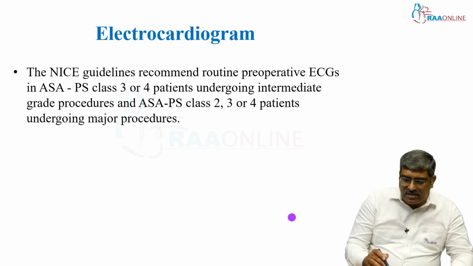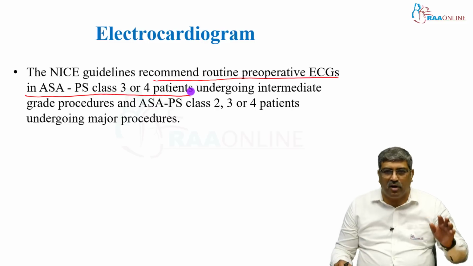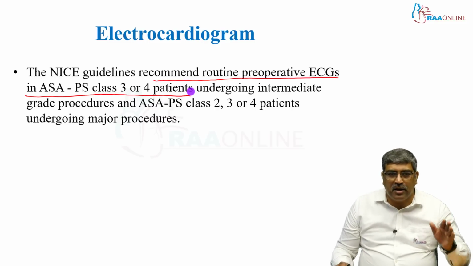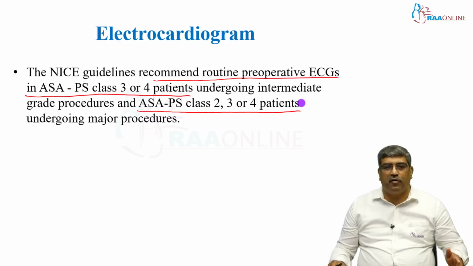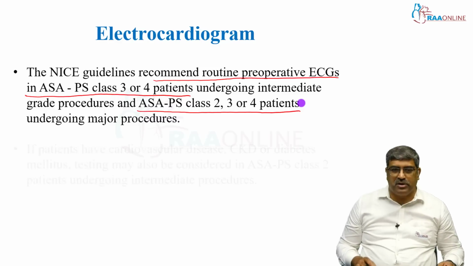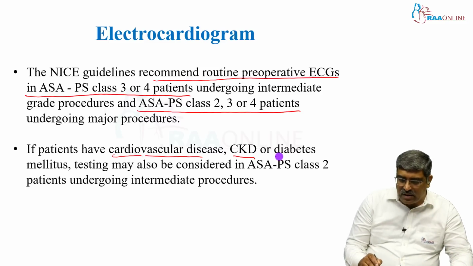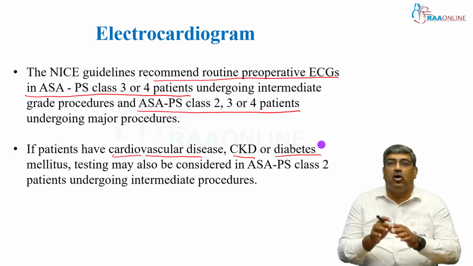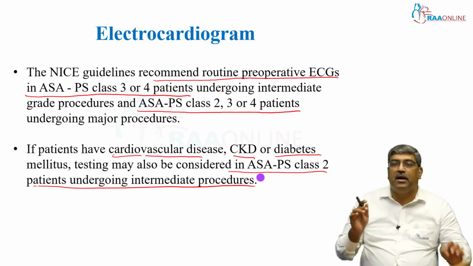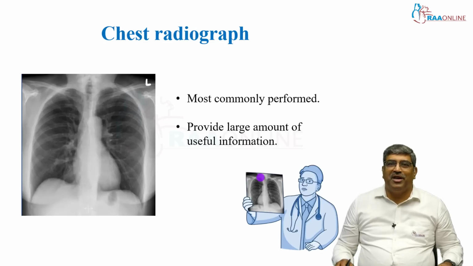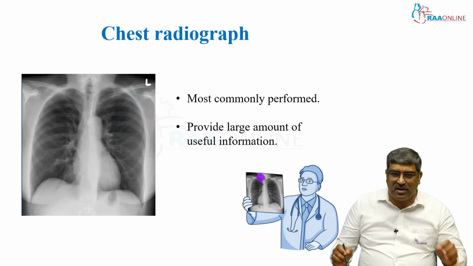The NICE guidelines recommend routine preoperative ECG in ASA physical status 3 or 4 undergoing intermediate-grade procedures, and ASA physical status 2, 3 or 4 undergoing major procedures. If the patient has cardiovascular disease, chronic kidney disease or diabetes mellitus, testing may also be considered in ASA physical status 2 undergoing intermediate procedures. Now coming to another important investigation, which is usually done for the respiratory system,